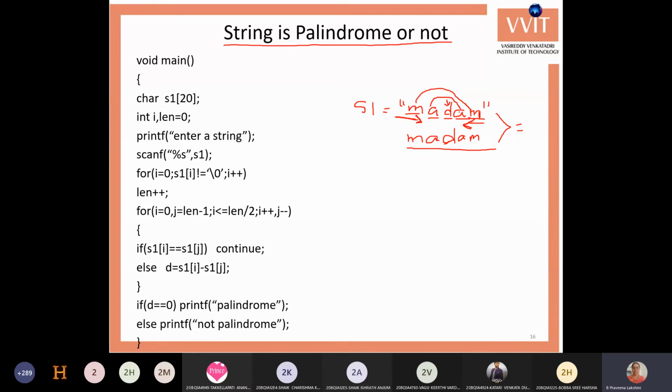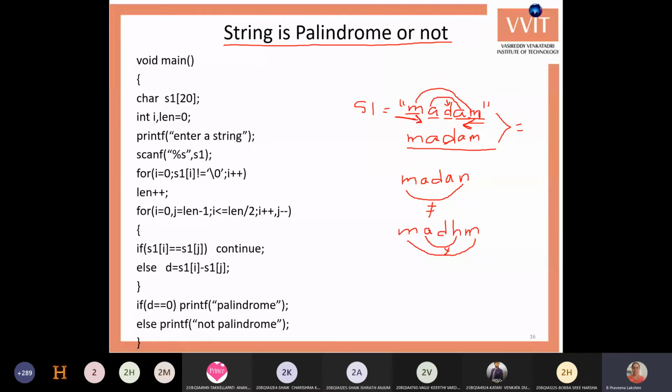Otherwise, if any one of the letters is not equal, say for example I have a string like MADAN, these two letters are not matched. These two letters are not equal, so this is not a palindrome. Say for example MADHM: these two letters are equal but these two are not equal, so this is not a palindrome.